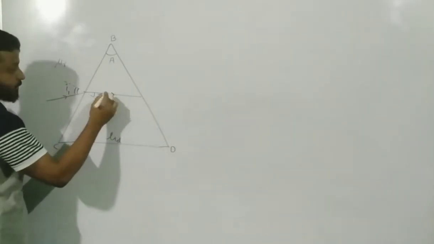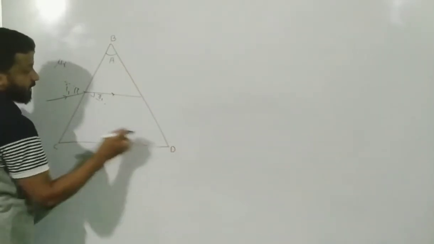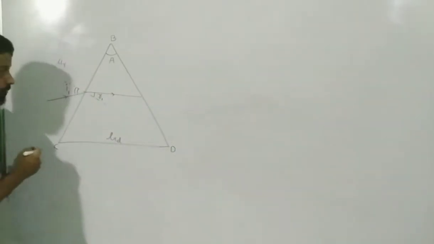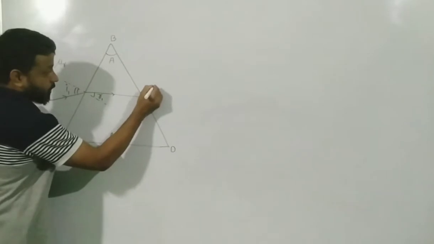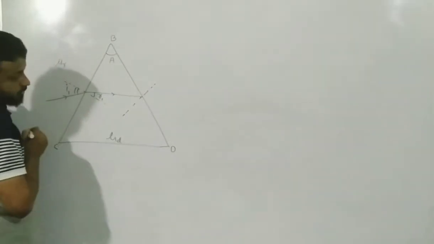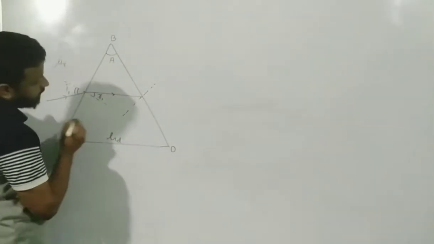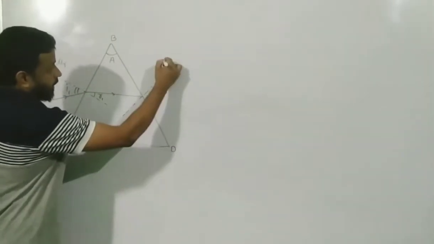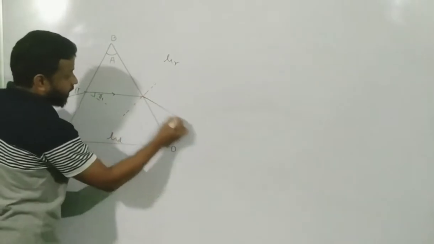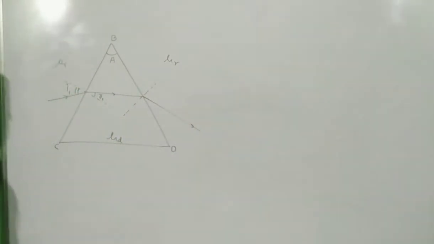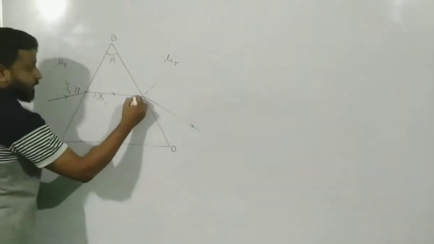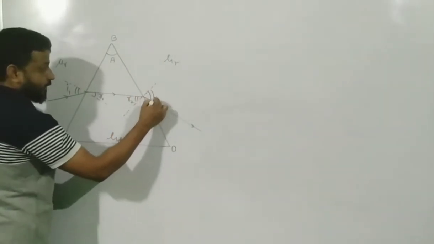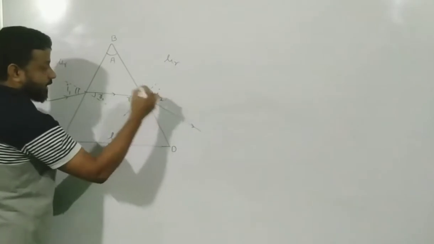As the ray travels forward, it strikes the surface BD. So we are again moving forward for the second refraction now. We will draw a normal over here, which is perpendicular to the surface. Now instead of going like this, it will bend away from the normal because it is going back to the rarer medium. Let us call this incident angle R2 and the refracted angle, or the final emergent angle, I2.